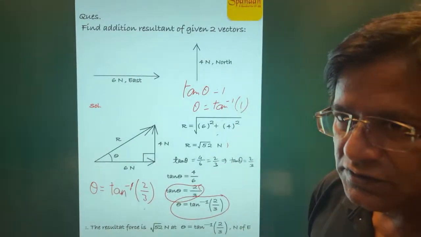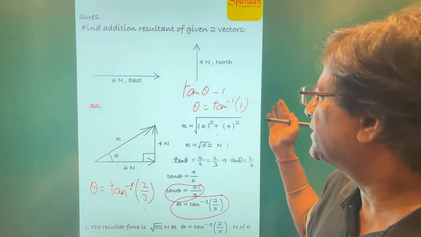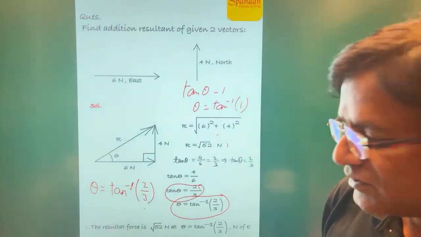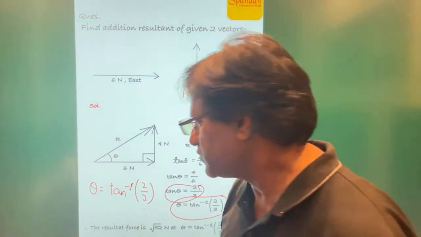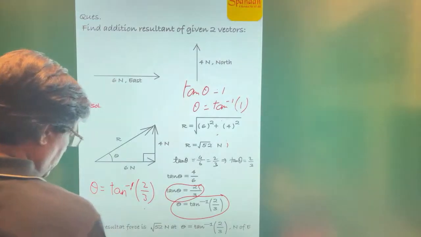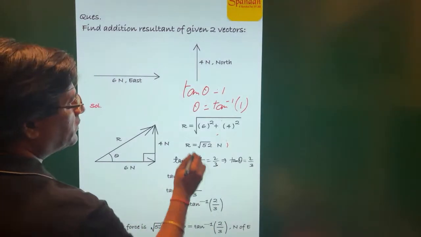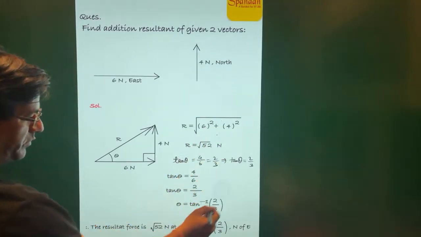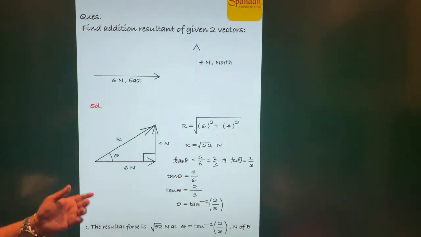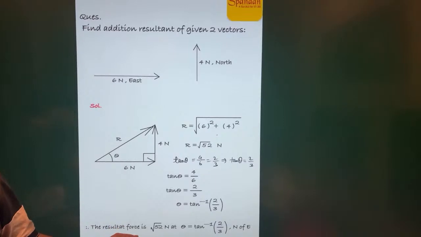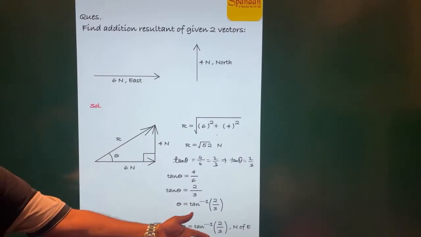चाहिए। तीन साइड जाकर tan इनवर्स 1, क्योंकि हमें पता है कि 45 डिग्री, इसका आंसर 45 बता सकते हैं, बट इसका आंसर भी नहीं पता है, इसलिए इसको हम लोग ऐसे लिखकर छोड़ देते हैं। तो ये है तरीका लिखने का कि एक इन्वर्स फंक्शन कैसे लिखते हैं, राइट। यहाँ पे ये थीटा होगा। अब इससे क्या होगा कि जो एडिशन रिजल्टेंट फोर्स है वो अंडर रूट ऑफ 52 न्यूटन हो जाएगा और एट दिस एंगल होगा थीटा इक्वल्स